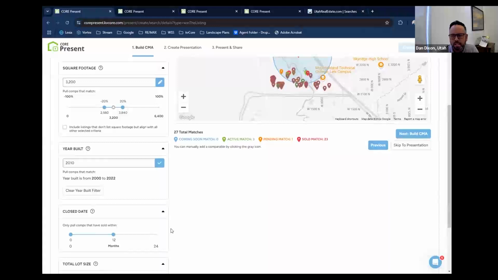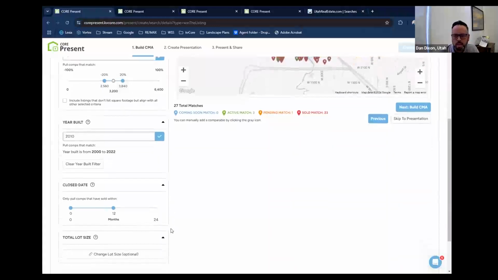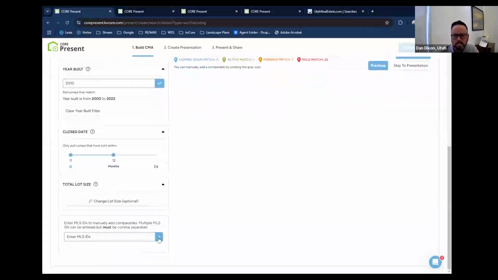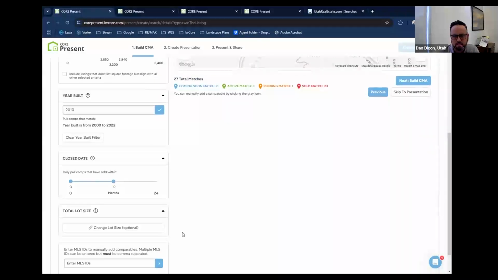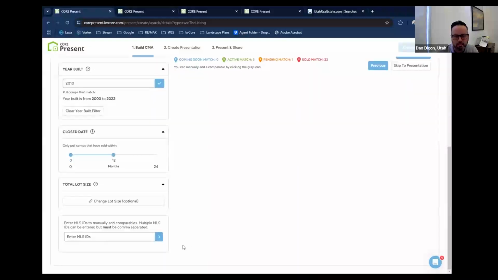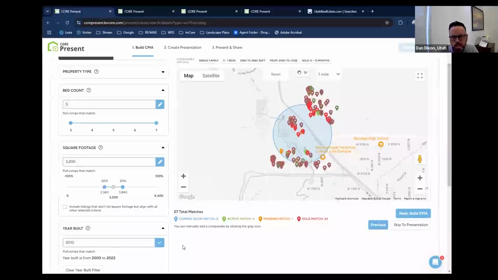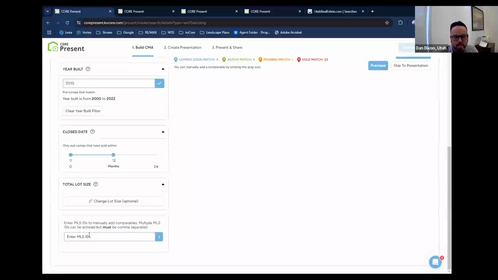So a year or 18 months ago, I would say that it would be a must. Over the last several months, less than the last year, it's getting way better to catch all of the MLS numbers. Now, if you do a CMA and for whatever reason, the comp that you want is not in here, you can add that right here, right?